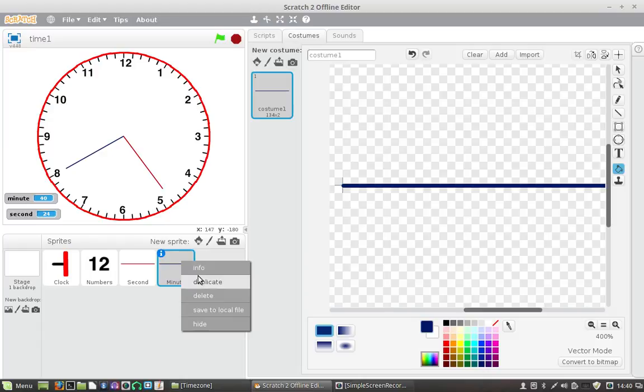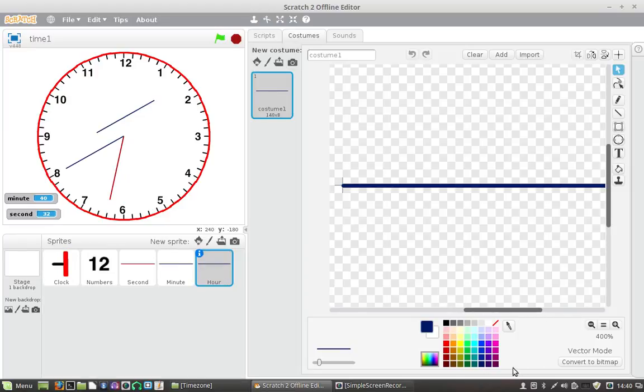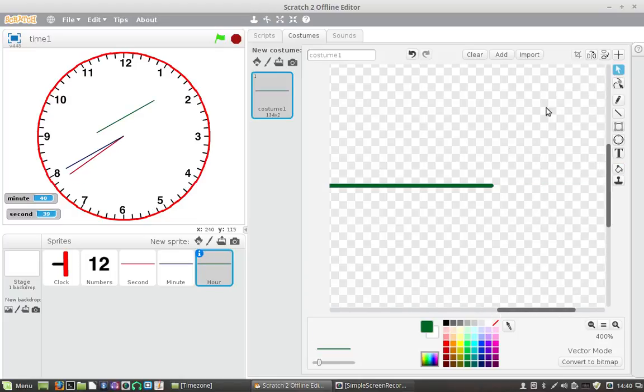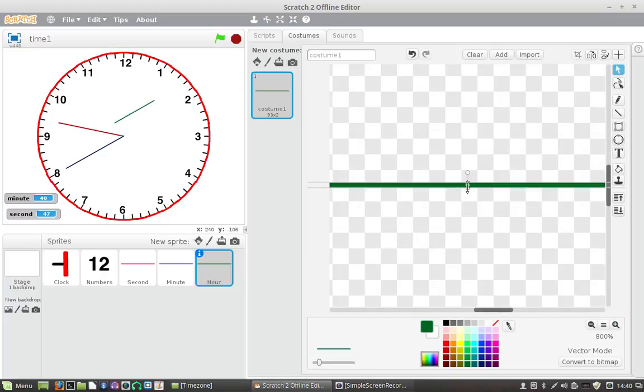And the third one is going to be the hour. And while we've got it, we can go with a different colour, like this, and just maybe shorten it a bit, like that, and pull it out a bit, like that maybe. Let's see how that works. Alright, so,